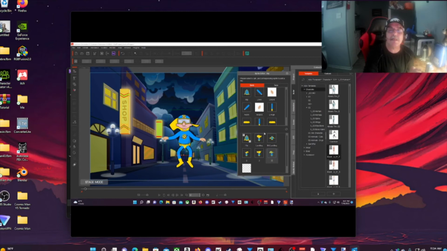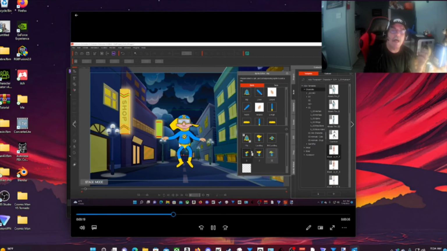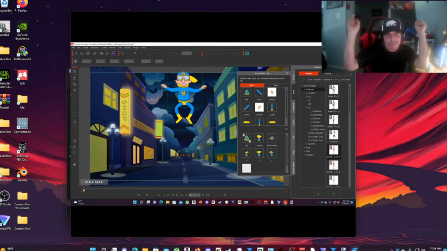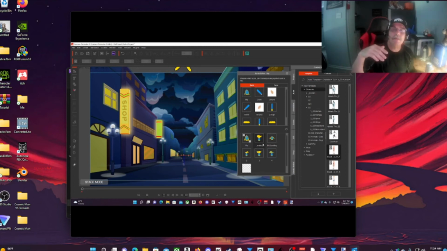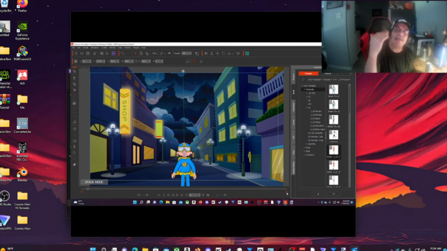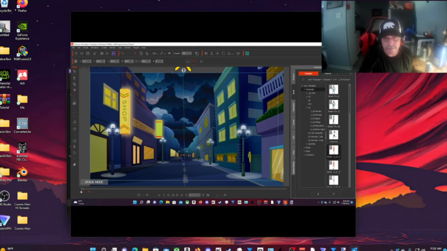Now in order to simulate the cape flapping, I had to make three other sprites for the torso with the cape flapping. As he moves down, for each frame I click on a different sprite image. Once I did that and played it back, it simulated that the cape is flapping. And then when he lands, I put it back on sprite 1. And I play that back.